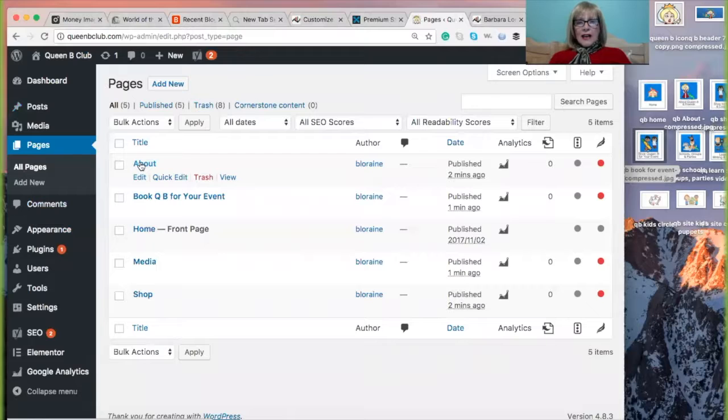Now we've got an about page, book Queen Bee for your event, the home page, a media page, don't worry, you'll understand what that is in a little while, and shop, which obviously is a place where people can go and buy stuff. Now that we have those pages in, let's go back to appearance, which is where we find